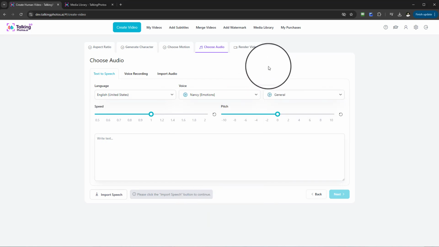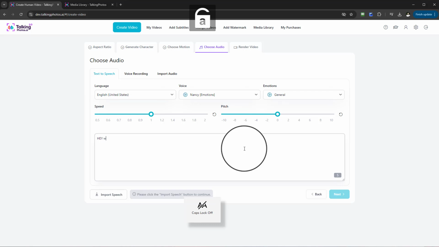So this is great for your style of videos, and depending on your script, if there's a certain emotion you're trying to invoke, you can now do that by having that come across and exude through the style of voice. So you can change the speed of the audio, how quickly you want it to sound, and obviously you can change the pitch of the text to speech. Now you can change everything, customize it, and review it and see how it sounds. So say for example, let's just say, hey welcome, okay, hey welcome, let's type this,